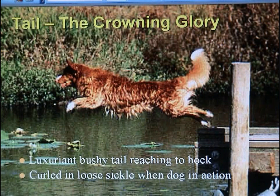A Toller with a short tail is, woof. And this one, this was just in action here, but it's curled kind of in a loose sickle, not quite an inverted C, but sort of just coming out like this. When it's gaiting in the show ring, it's the most pleasing tail carriage. I always say in my lecture to the judges' training scheme that the Toller is the only gun dog retriever that is required to have its tail. Absolute requirement. If it hasn't got that tail, then it's not a Toller. But you now notice how many of the other retrievers are now carrying their tails